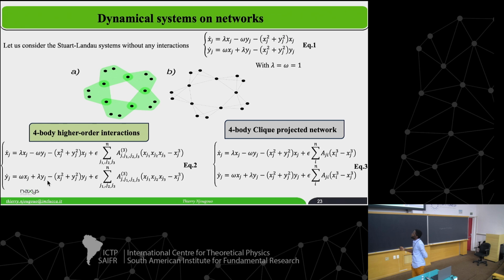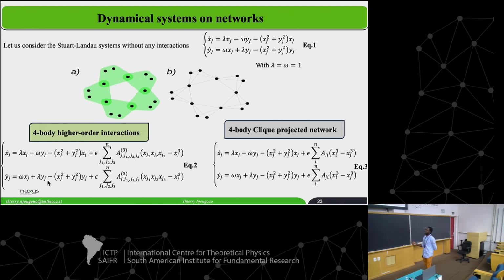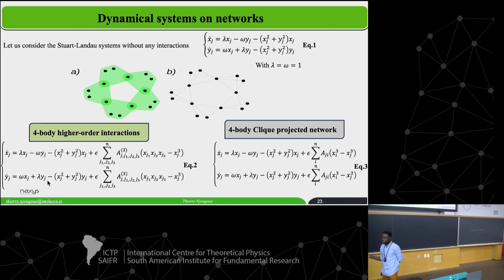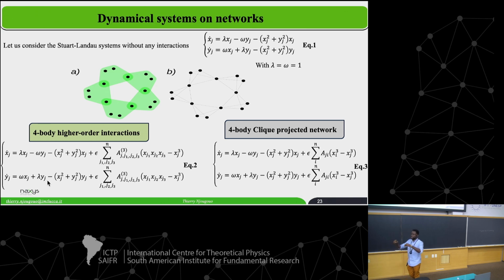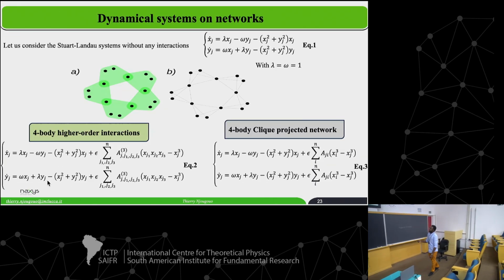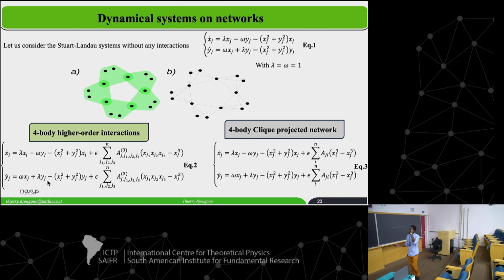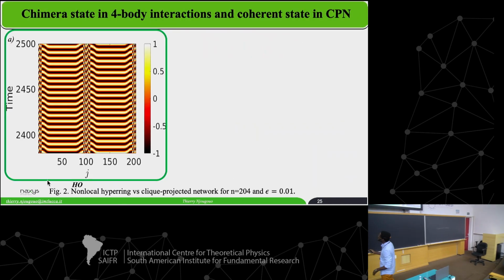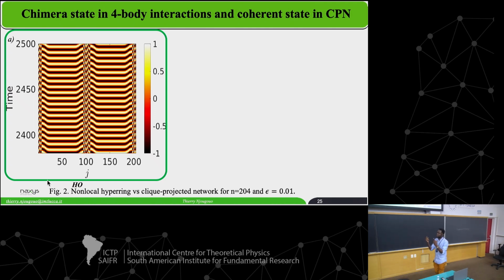For example, I think in this case it will be a bit complicated. That's why, in the case of the Kuramoto model, they like to use simplicial complexes instead of hypergraphs because of this type of coupling that we have. So let's move to the results part. We simulate these two types of equation. And in the case of higher order interaction, with 4 nodes in each hyperedge, you obtain